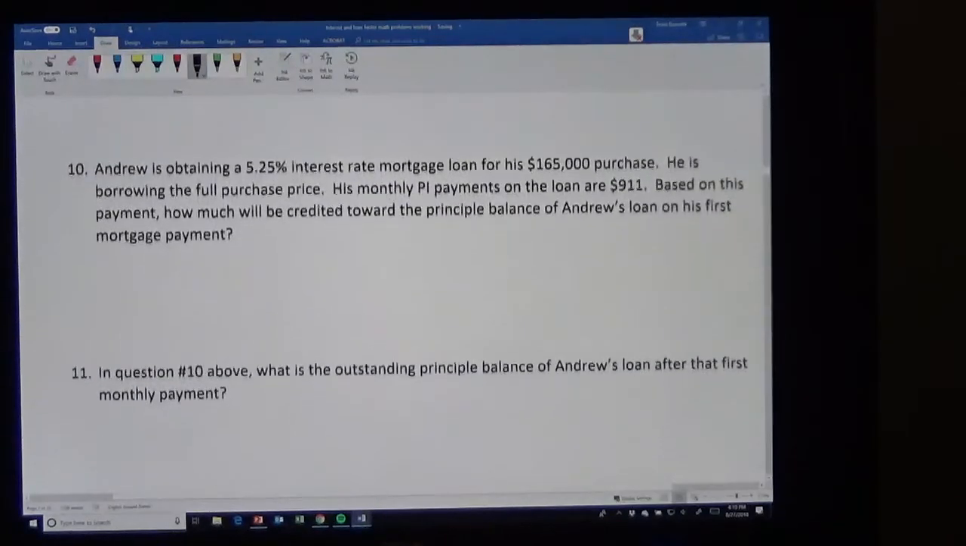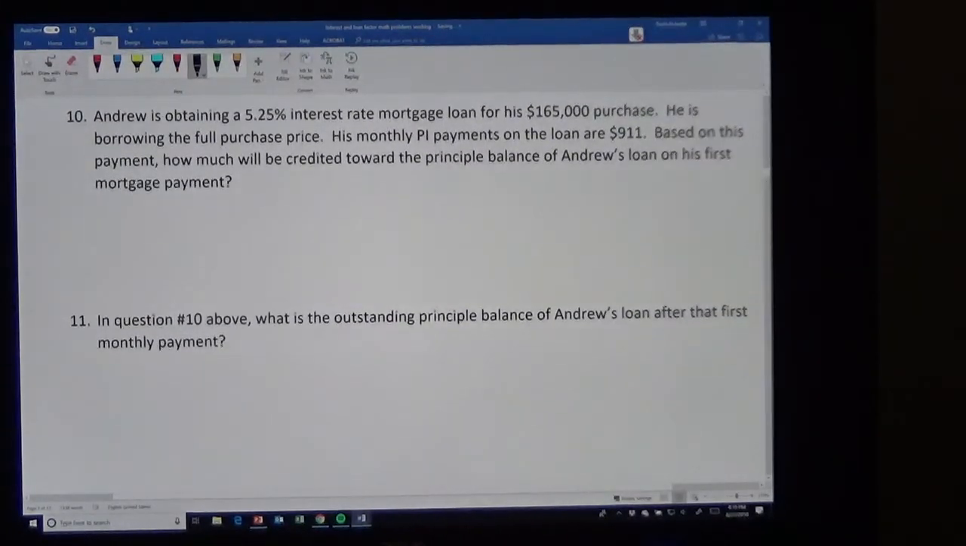All right, number 10. Andrew's obtaining a 5.25% interest rate mortgage loan for his $165,000 purchase. He's borrowing the full purchase price, so he's borrowing $165,000. His monthly PI payments on the loan are $911. Based on this payment, how much will be credited toward the principal balance of Andrew's loan on his first mortgage payment? So when we talk about things like PI payments, one